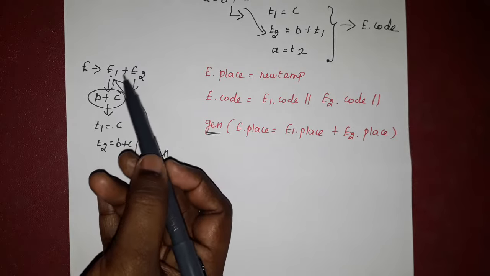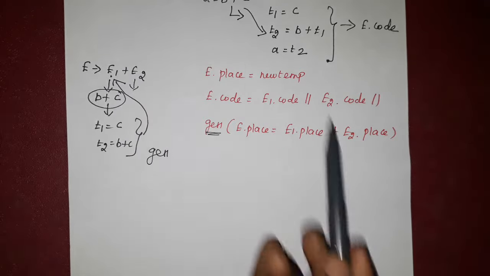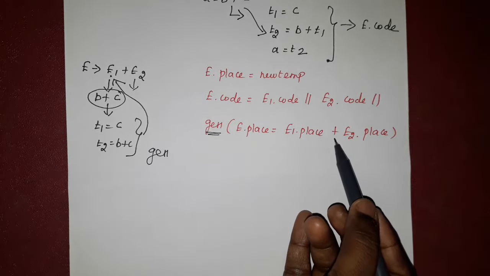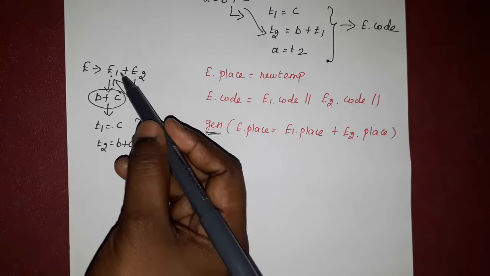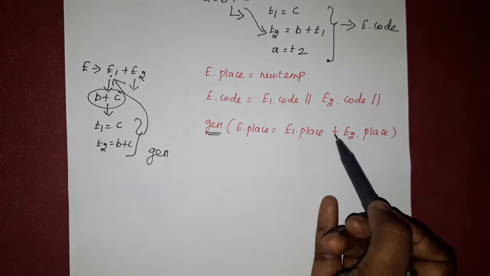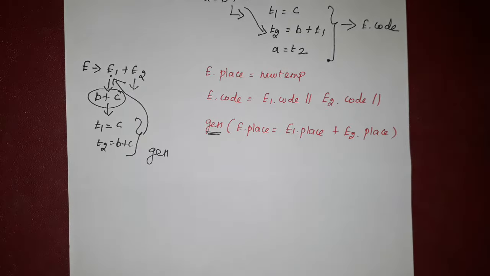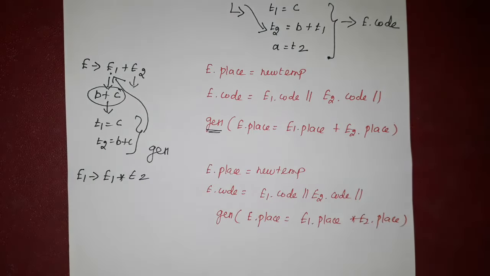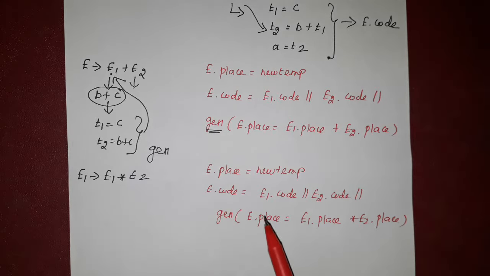Here we have E1 plus E2, E1 star E2 multiplication, E1 division E2 and E1 subtraction E2. The same procedure applies, but only one line can vary. This line varies because it consists of the plus operator. In case of a minus operator, we can write minus here. If this is multiplication, we can write this as a multiplication expression. See, this expression consists of the multiplication operator, so the same step is repeated.